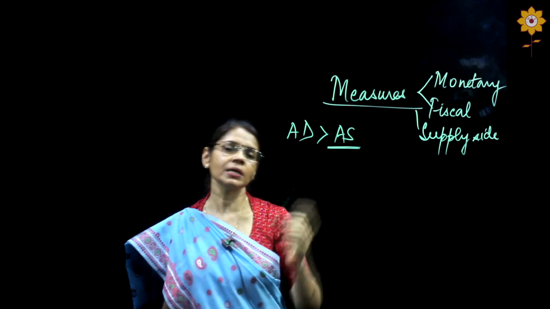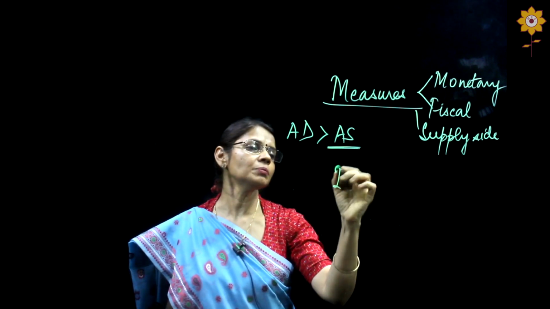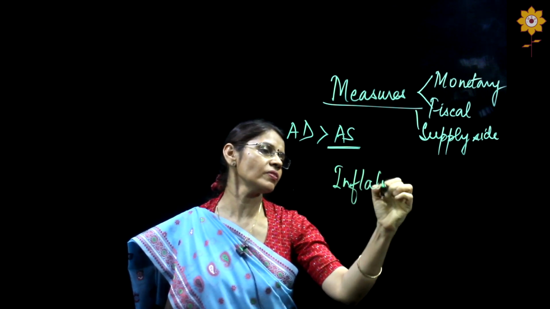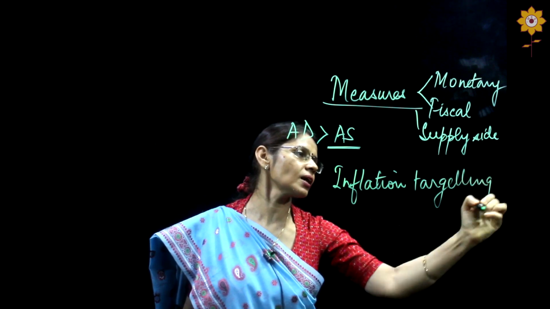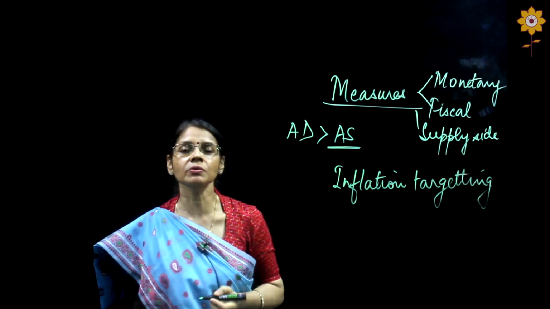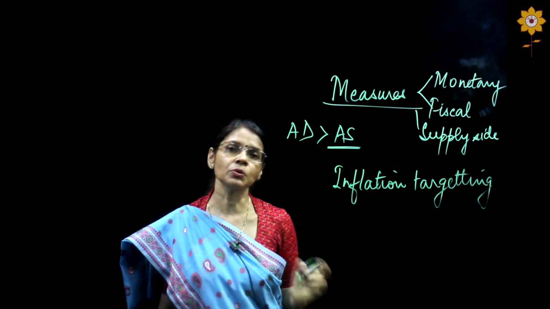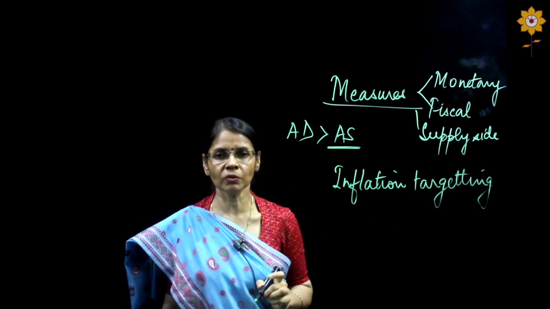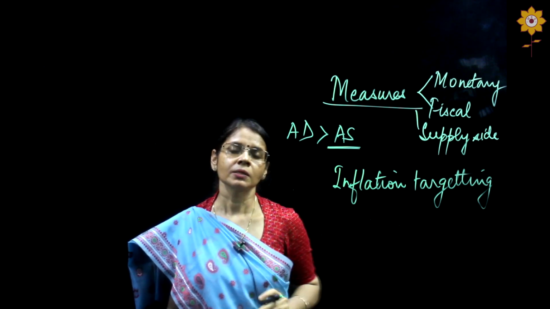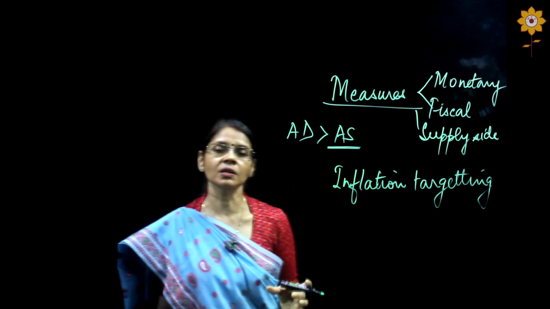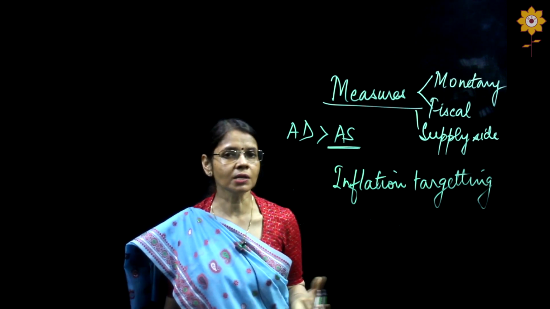So in the recent past, in many countries, a term is used which is known as inflation targeting. This inflation targeting is done by the central banks of the country. The central bank is the authority to control money in any country, either to increase or to reduce money. This inflation targeting was first done in New Zealand in 1990, and after that many countries have been following it.